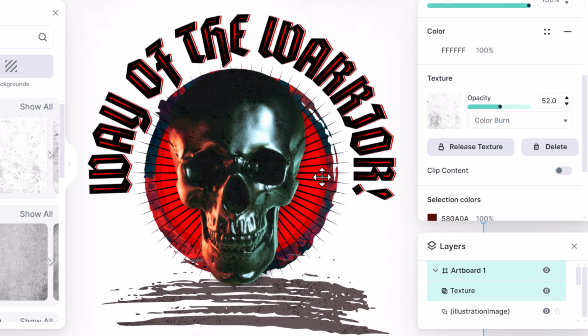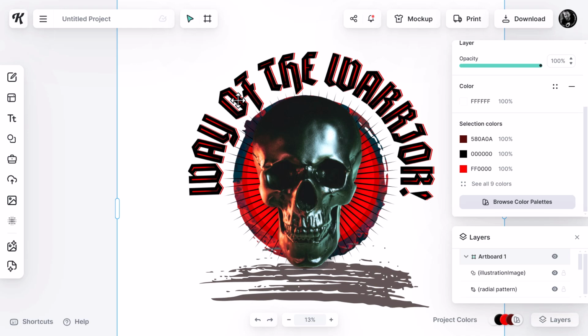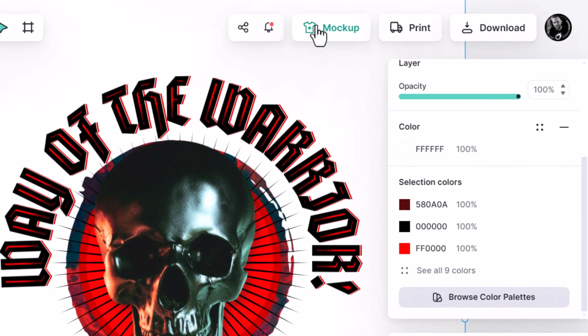But for now, for this design, I want to remove the texture. So I'm going to hit delete. And otherwise, I'm actually pretty happy with that design and ready to finish. What if I decide I want to see what this looks like on a t-shirt? What's really cool, for one, I can share this with my friends, but I can also go up here to